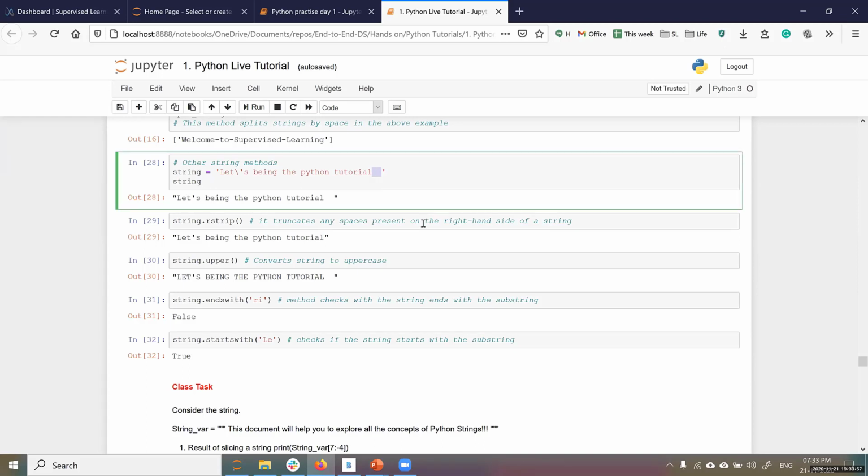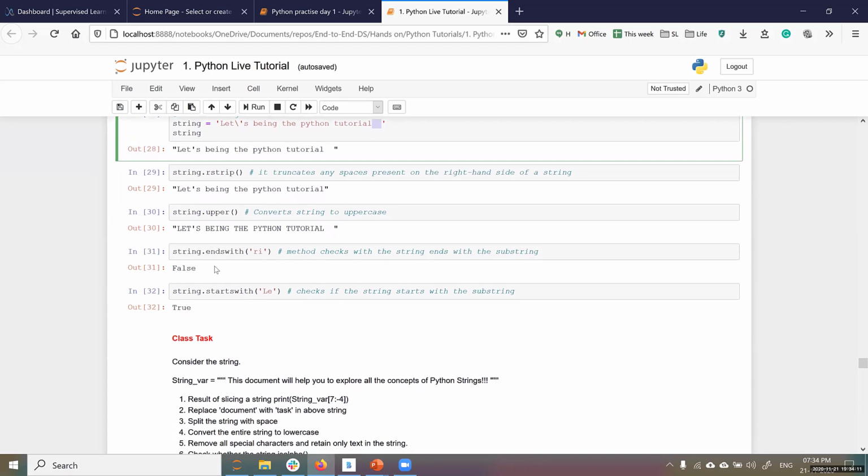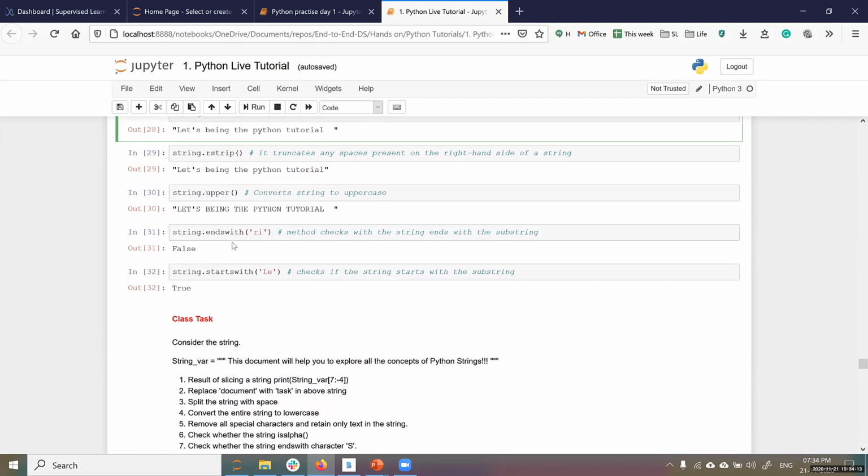Right, this happens a lot in data operations, especially reading. A lot of unnecessary spaces come into the picture, so you can use R strip. It will remove that at the end. String dot upper will make it uppercase. Ends with or starts with, you can check whether a string is starting with or ending with something.